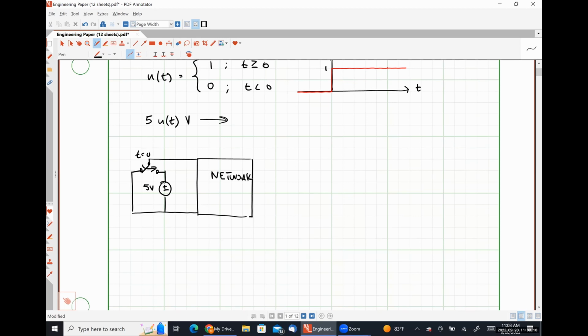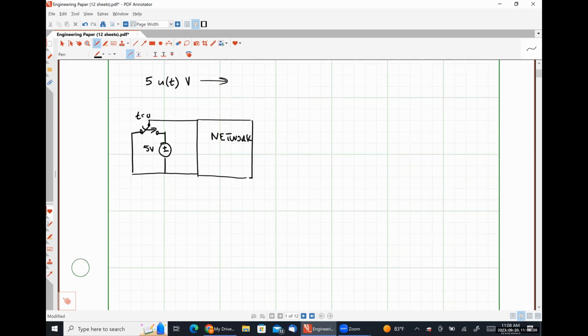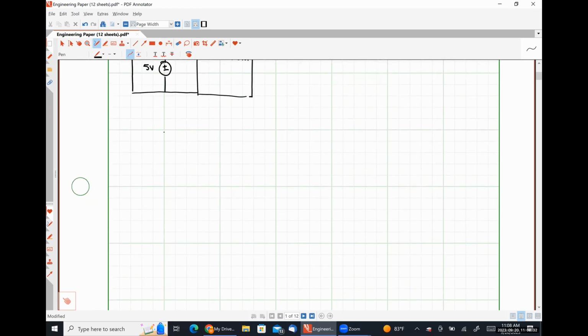We could also figure something out for a current wave, or a current unit step function, but you guys kind of get the gist of things here, right? So this is our unit step function. We can use the unit step function to effectively turn on and turn off other functions as well. So for example, if I had the following